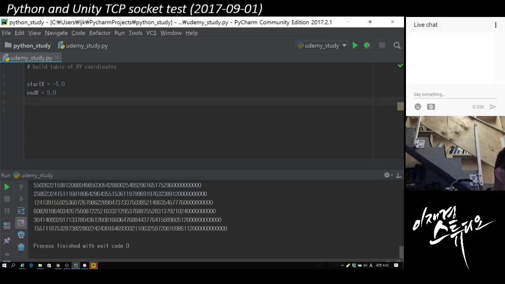Now in order to print x and y, what I want to do is put a little space between them, so I really need to do a data conversion here, because x is going to be a float, and I want to do a string concatenation. So I'm going to use str, which takes the value of x and puts it into a string so I can print it, and then I'm going to put some spaces, and then do str again for y, so I can print my x and y coordinates here. Okay, so basically this is just a data conversion. It takes this value of x, which